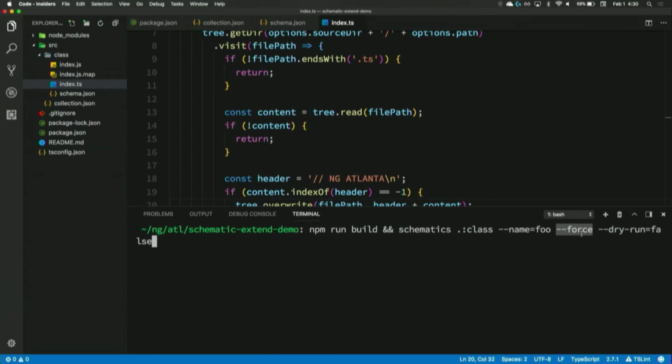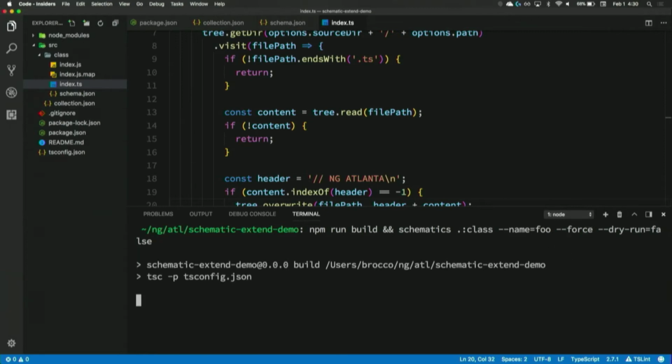And by default, and you'll read this in the blog post once you get there, anytime you reference your dot as your collection, it basically says, hey, don't generate anything because it's going to mess up your source code. So I'm basically saying, yeah, that's okay, I'm going to take care of that, I'm all right with that. So what I'm going to do is I'm going to run this here,